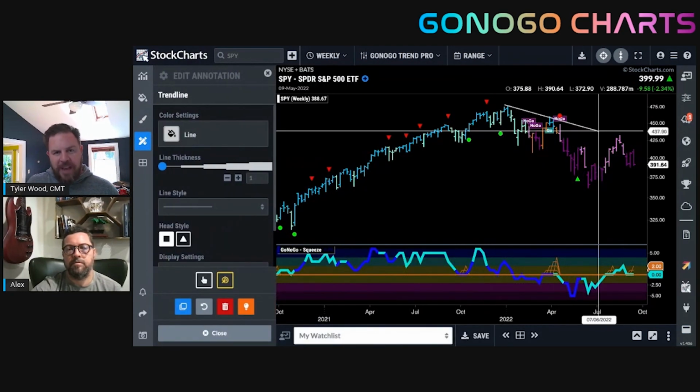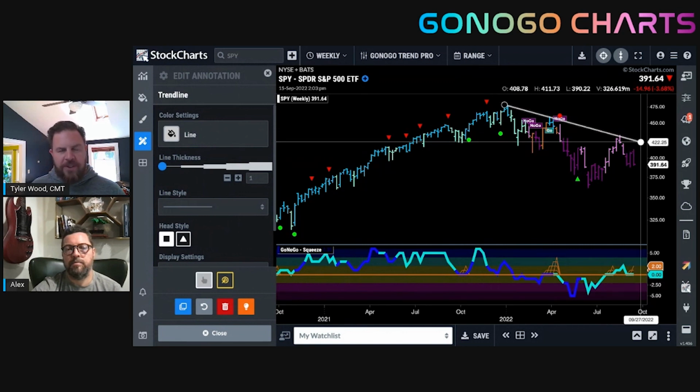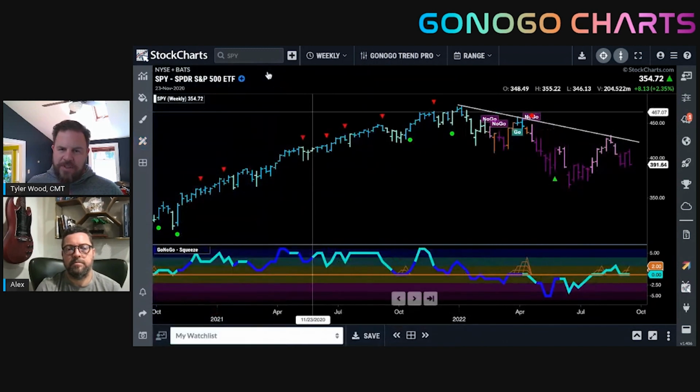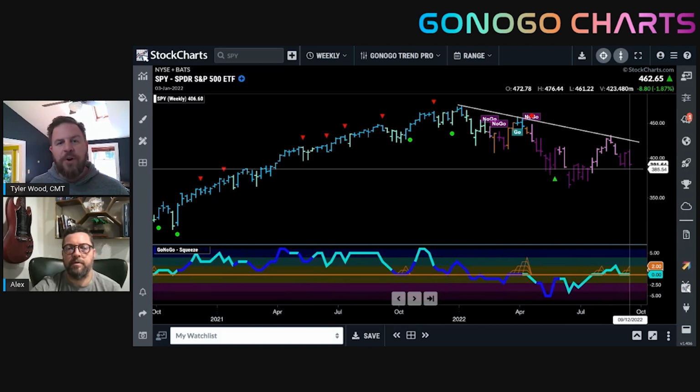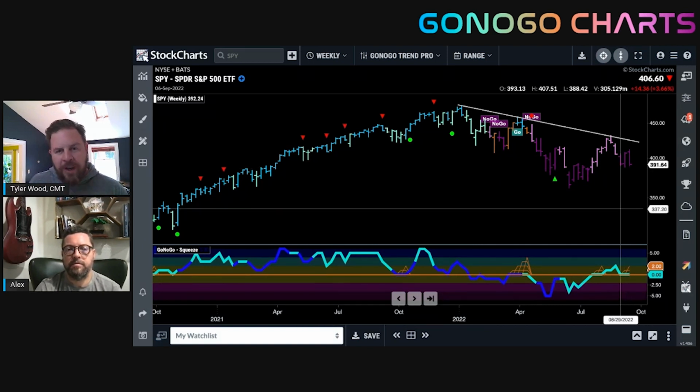But if you take this primary trend perspective, as Charles Dow told us, we have to look at what the underlying bias of the market is. We're seeing that there is a series of lower highs and lower lows. And of course, our weekly bars from this GoNoGo trend chart are showing strong bearish conditions to the overall market trend. Now, this is the primary time frame. We're looking at weekly charts right here.